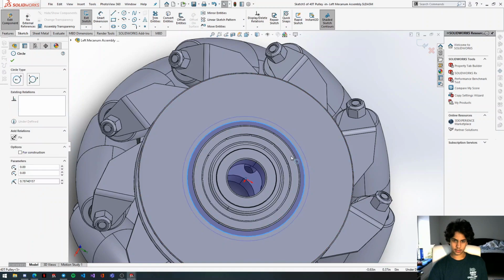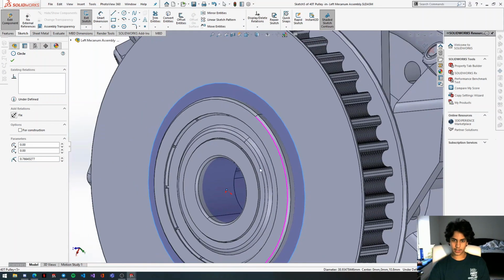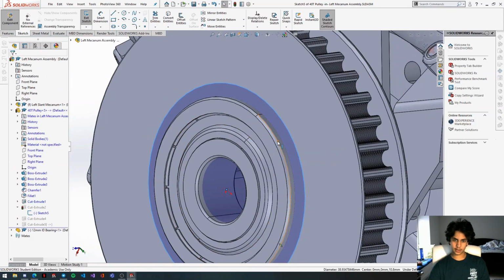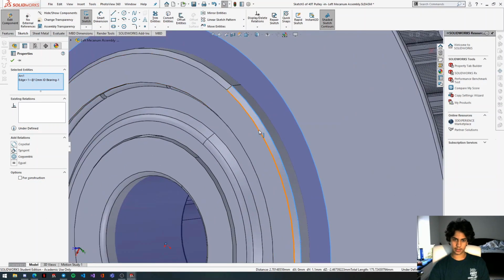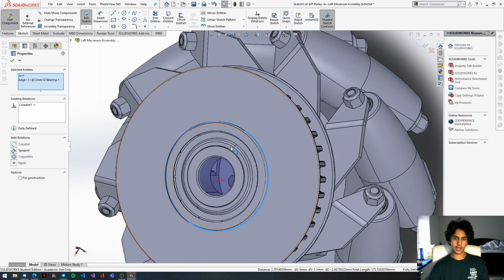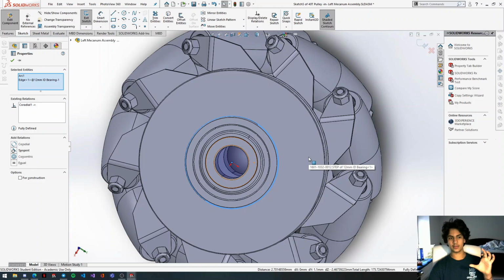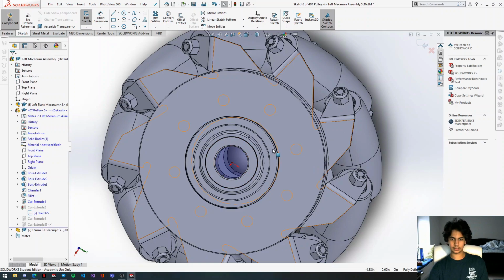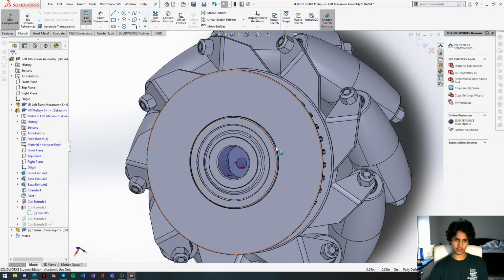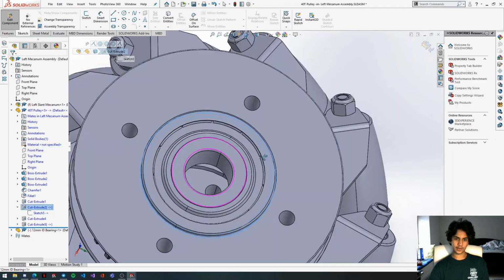Okay, so we're gonna drag this, and then we can actually select this rim right here. Make sure you're not selecting this inside rim. Select the outer rim, and then we can select coradial. I don't know how to pronounce that, but it basically just locks a circle onto the other circle perfectly. I can't really explain it that well, but there's my explanation. Okay, I'm gonna exit the sketch, and now we fixed the problem where the